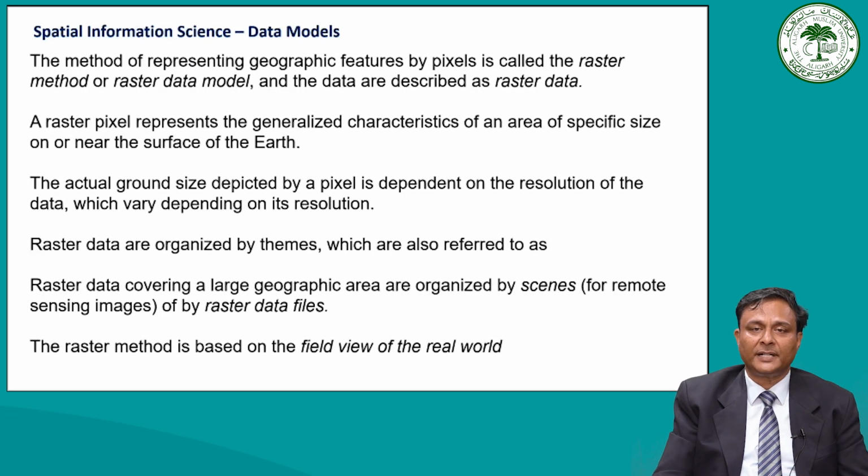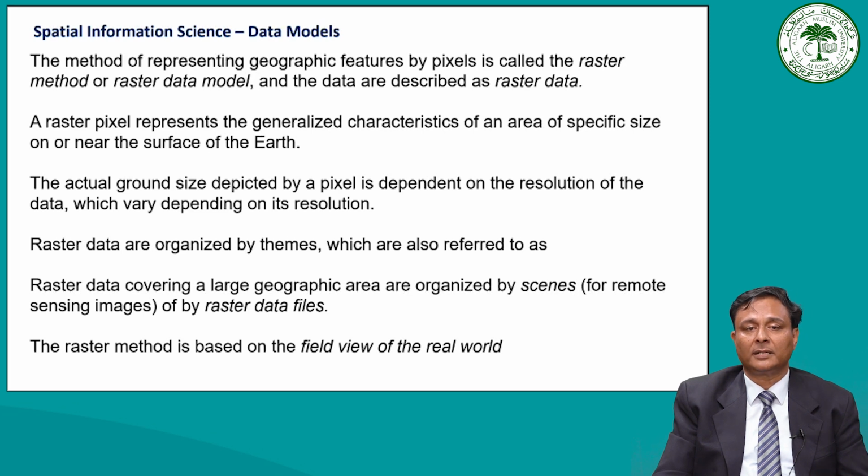The method of representing geographic features by pixels is called the raster method or raster data model, and the data are described as raster data. A raster pixel represents the generalized characteristics of an area of a specific size on or near the surface of the earth. The actual ground size depicted by a pixel depends on the resolution of the data, which may range on the ground